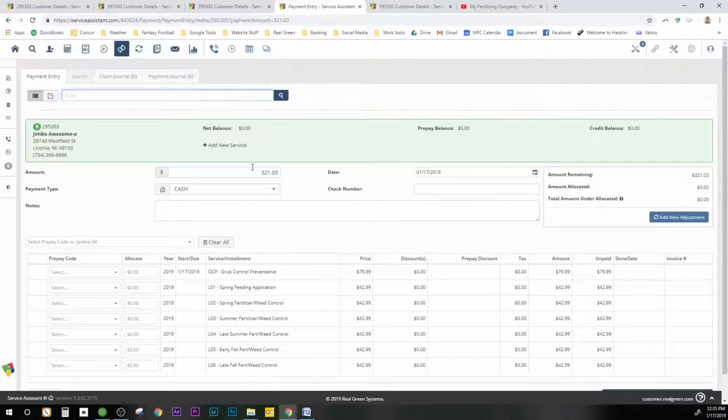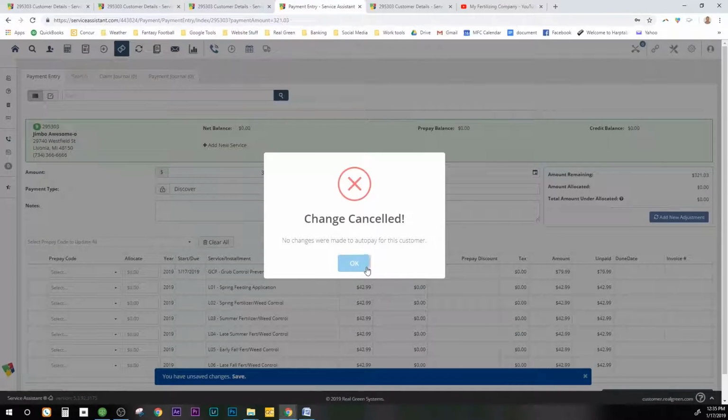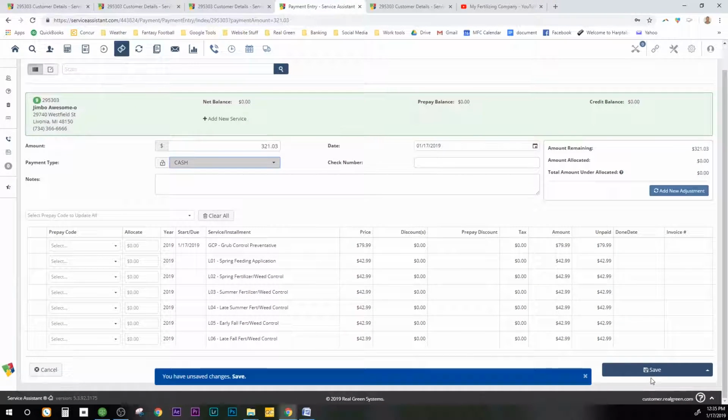and then you start entering the data. And typically, if they're going to be doing it over the phone, they're going to be doing a credit card payment. So we have the amount, we have the date. Typically, cash is for checks. So let's just say he has a Discover. And now we're going to be putting all the credit card information in. Unfortunately, I don't have any credit card information to put in today, so we're just going to pretend that we did, and then it would give you the check number, and then you hit save, and then you'd have the opportunity